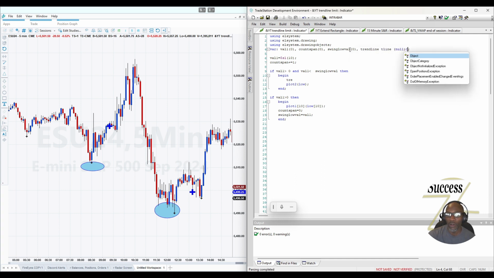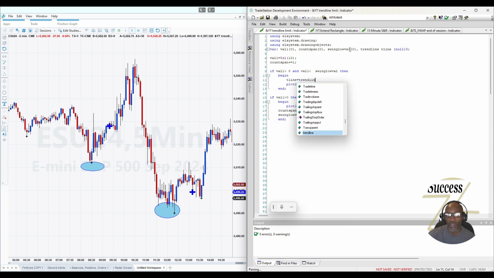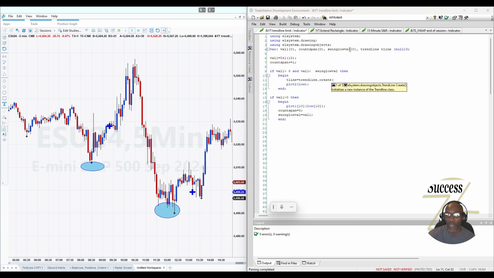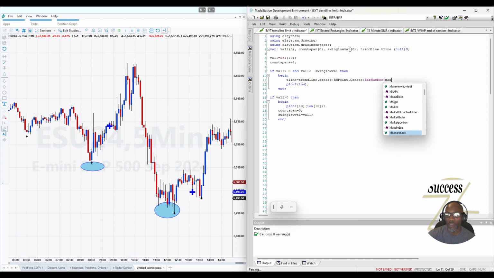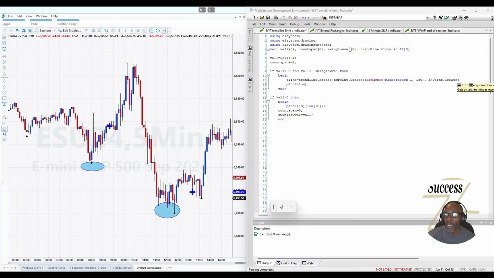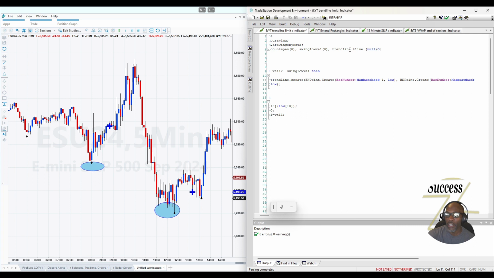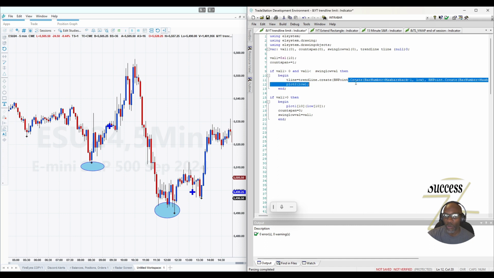T line, null. Okay, so now we're going to come down here and we'll have T line is equal to trend line dot create. All right, and then we have bn point dot create bar number plus max bars back minus 1, and then we'll do the low there, right? And then we'll have the second bn point dot create, and then we also have bar number plus max bars back minus, nope, it's not going to be the same one. And also this first one, we're going to call this the start point. That start point needs to be